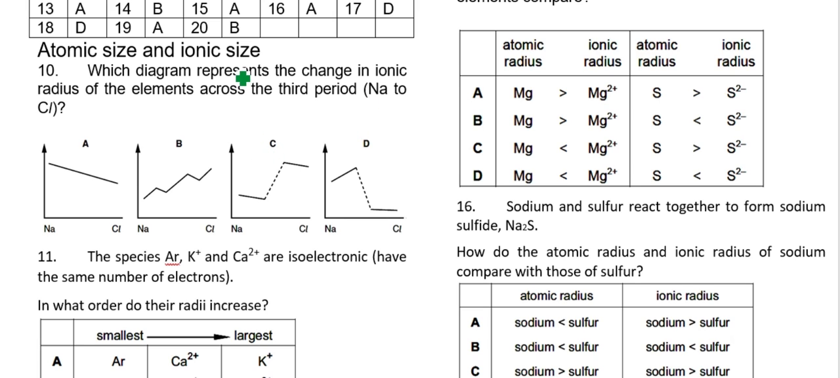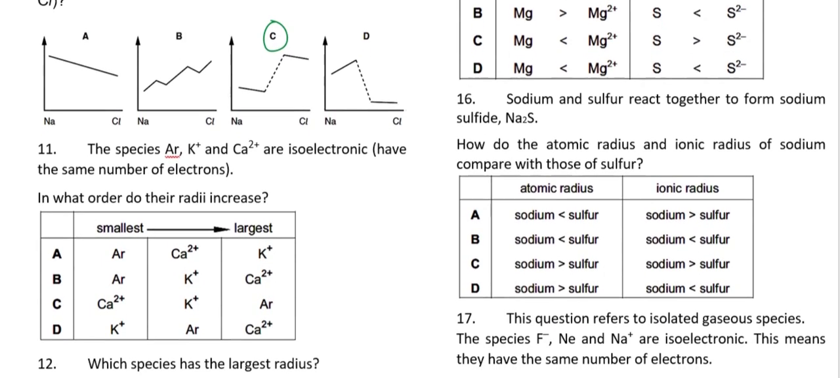So we discussed in our previous question that atoms have larger size than their cations, or cations have smaller size than their parent atom, whereas anions have larger size than their parent atom. So if we go for that, C will be the right choice. Okay, next,